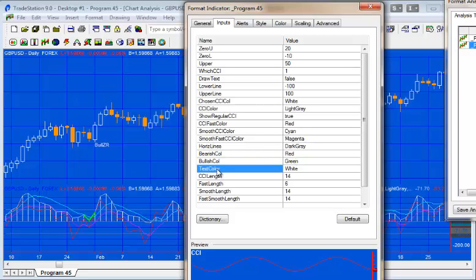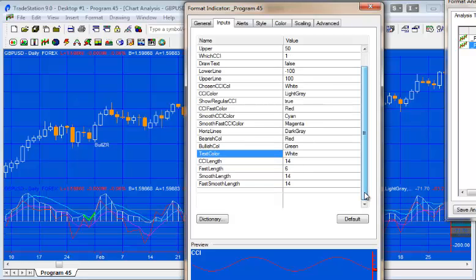And then text color, if we've applied this to a pricing chart, then this is set to white. You can see here the text here is drawn in white. And finally, the values